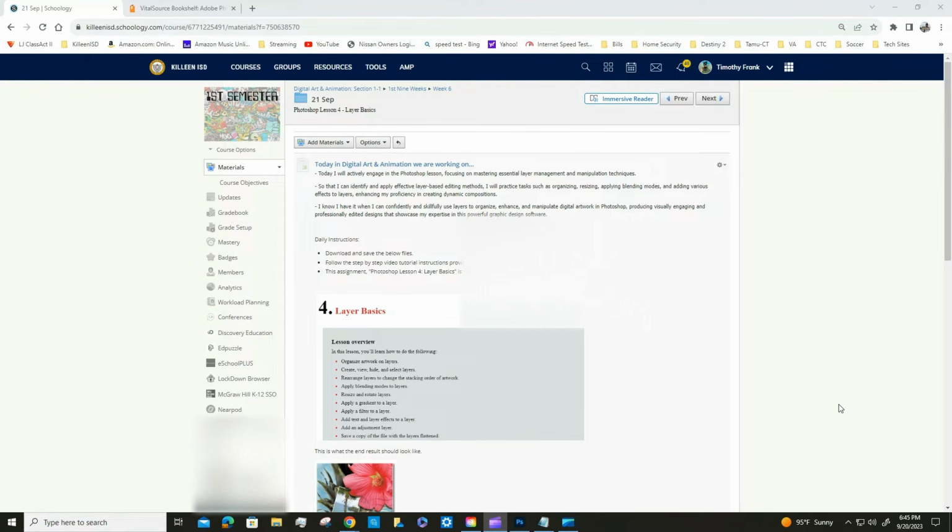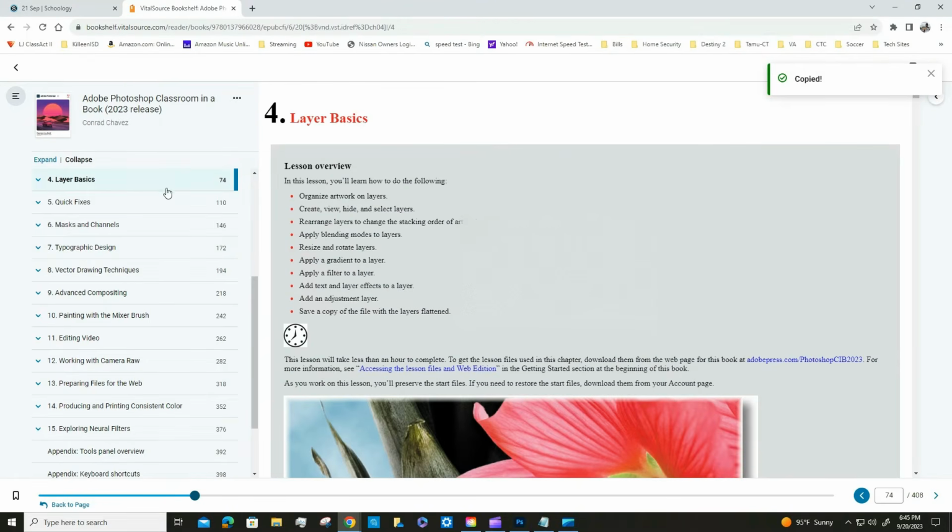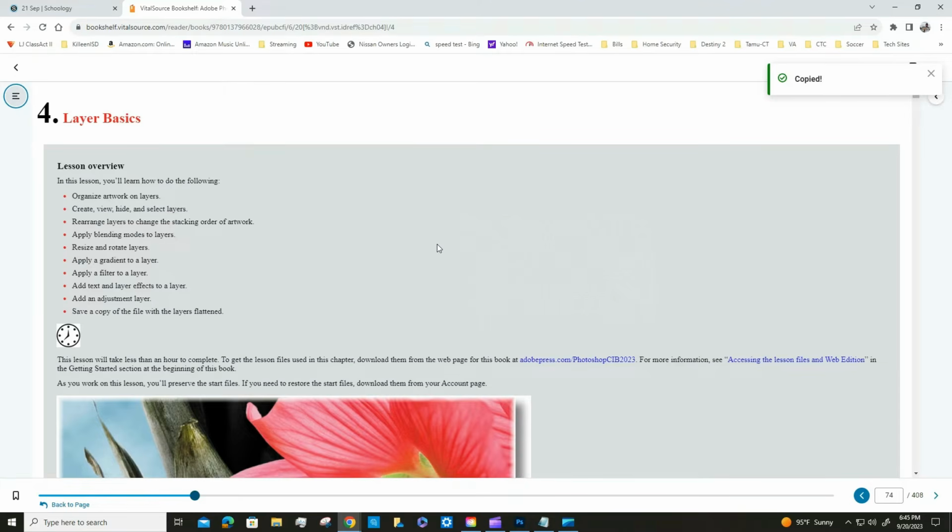All right, in today's video, we're going to be covering lesson 4, layer basics. In this lesson, if you go to your textbook, it's on page 74. We're going to be covering how to organize artwork on layers, create, view, hide, and select layers, rearrange layers to change the stacking order of the artwork, apply blending modes to layers, resize and rotate layers, apply a gradient to